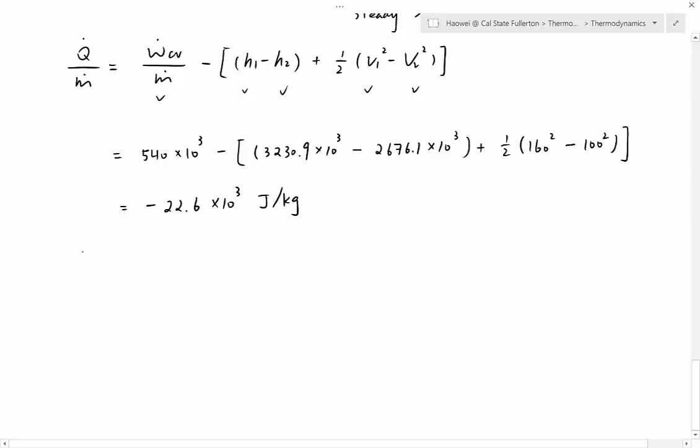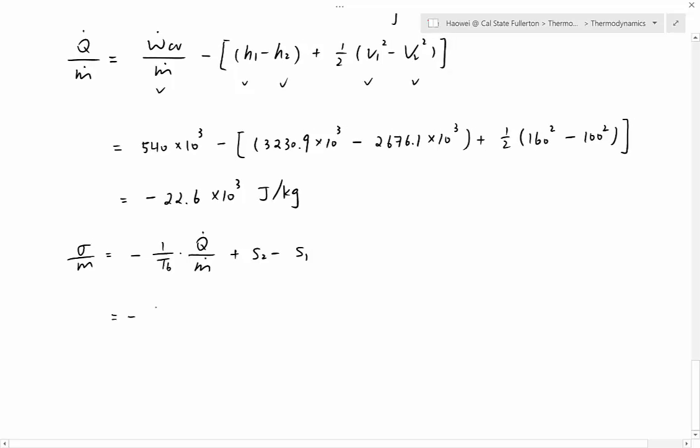I can easily find sigma over M. The equation we did before was this one: negative 1 over TB times Q dot over M dot, plus S2 minus S1. So I have everything on the right-hand side now. First of all, 1 over TB. TB is given as 350 Kelvin, so use SI units. Multiply by Q dot over M dot, which I just found as negative 22.6 times 10 to the third SI units, perfect. Plus S2, S2 is